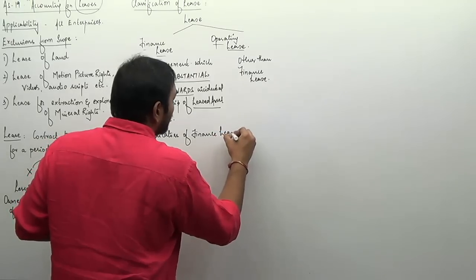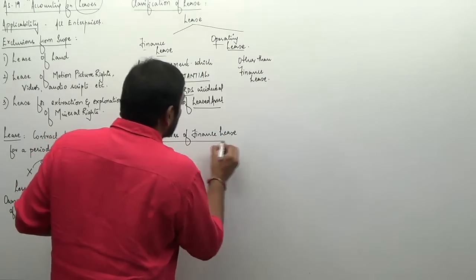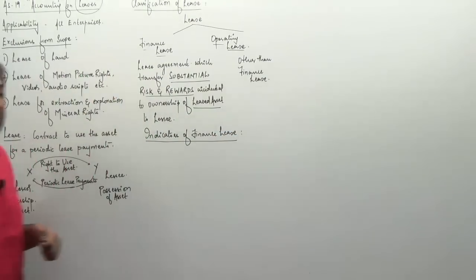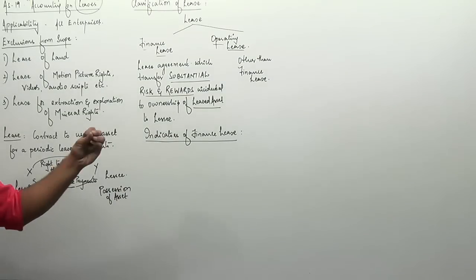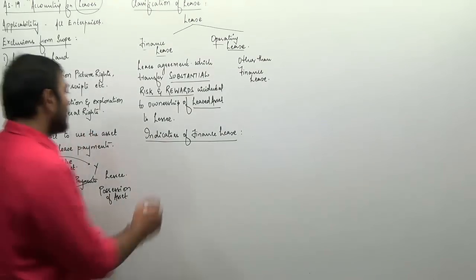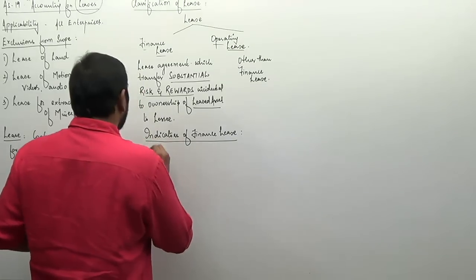There are no indicators of operating lease, guys. If it does not satisfy the conditions of a finance lease, then it should automatically be an operating lease. What are the indicators of a finance lease? In total, we have 5 indicators. The first one,